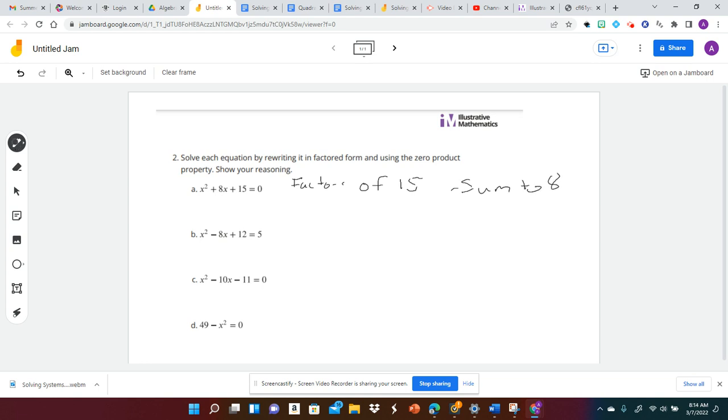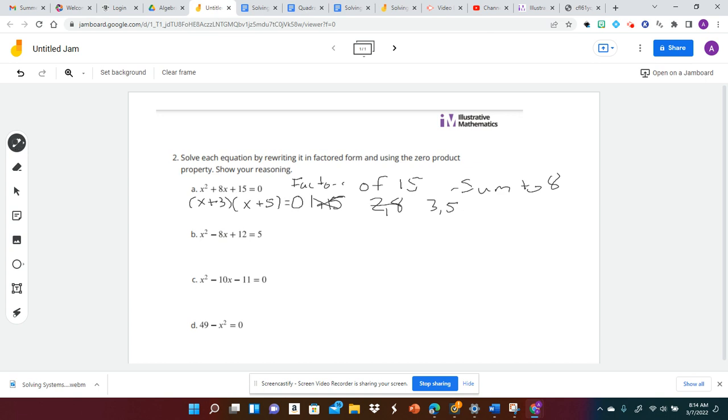So looking at that, I could have 1 and 15, but when I add them together, that makes 16, so that doesn't work. 2 and 8, but when I add 2 and 8, that makes 10. So how about 3 and 5? Well, 3 plus 5 makes 8. So what you do then is you make your factors x plus 3 times x plus 5